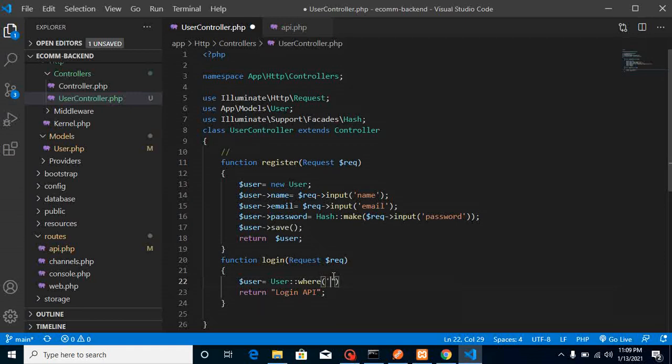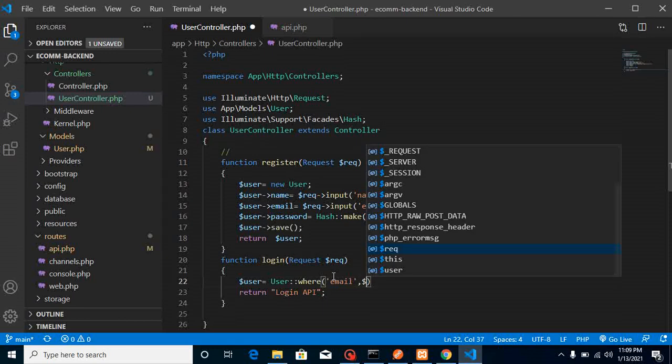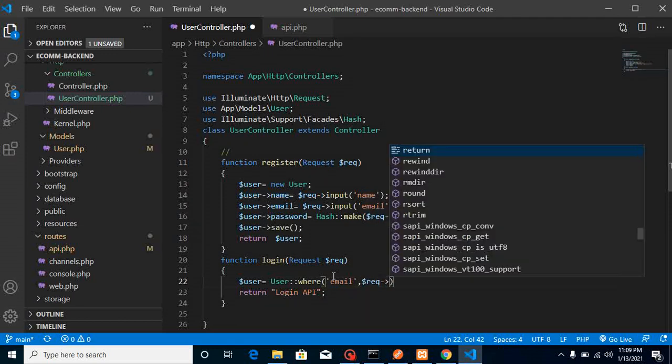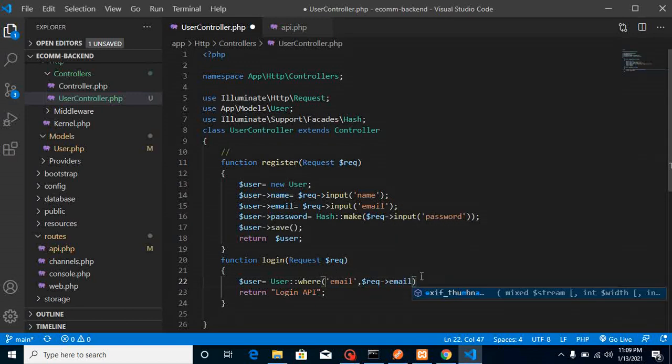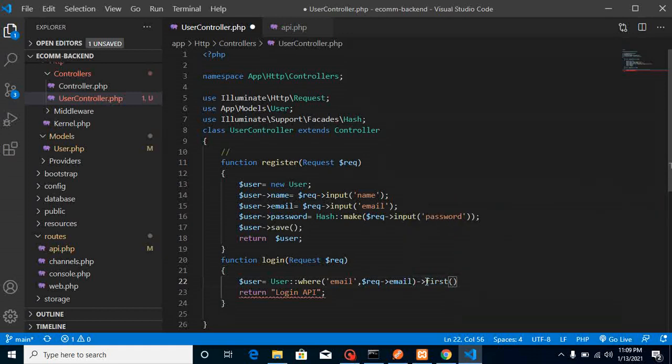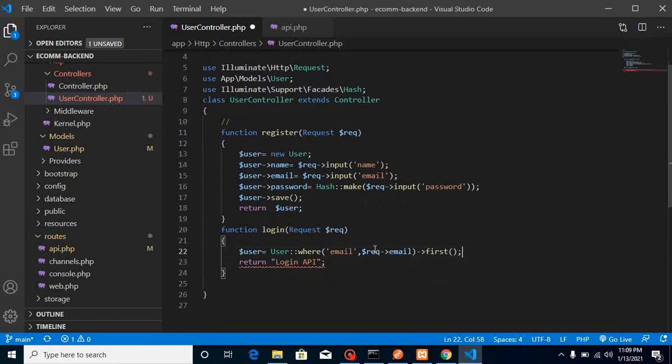So you can simply put here email, and in the second parameter, let's put $request email, right? And we will send this email via Postman, and obviously we will get our first result, because at the same time only one user can be logged in.